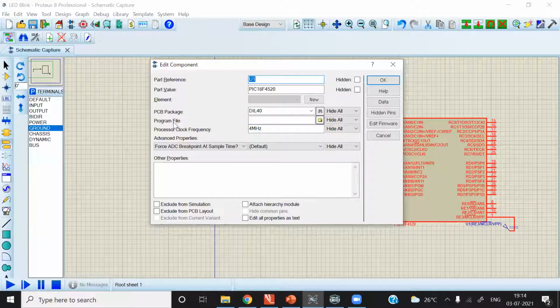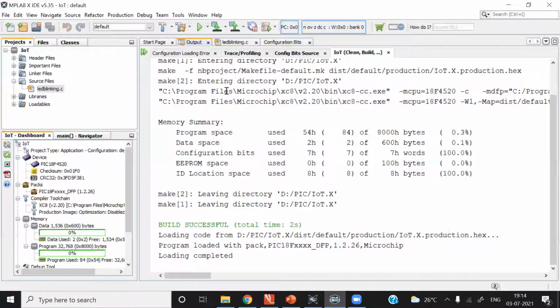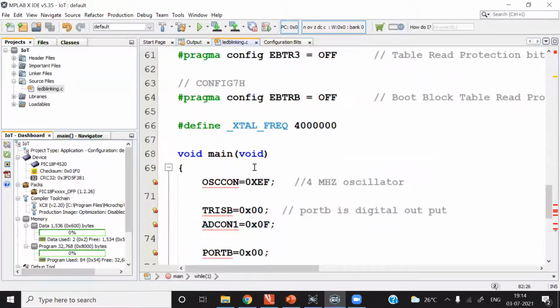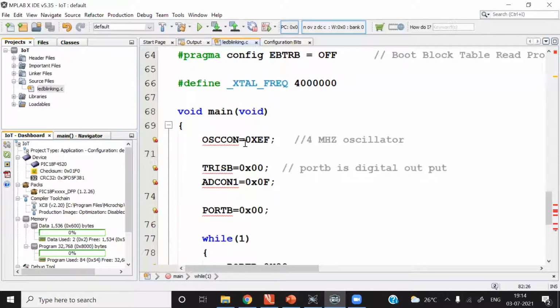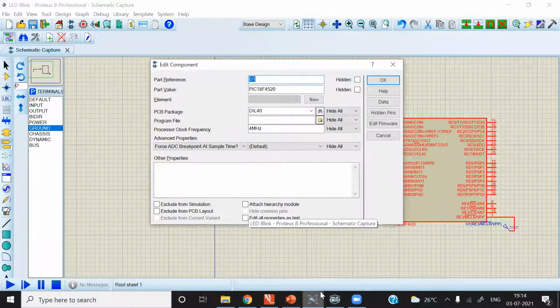The two important parameters we require are program file and processor clock frequency. The same clock frequency you wrote in the program has to be mentioned here. In our case, it is 4 megahertz, which we configured in the OSCCON register and defined as the external frequency as well. So we put 4 megahertz as it is.